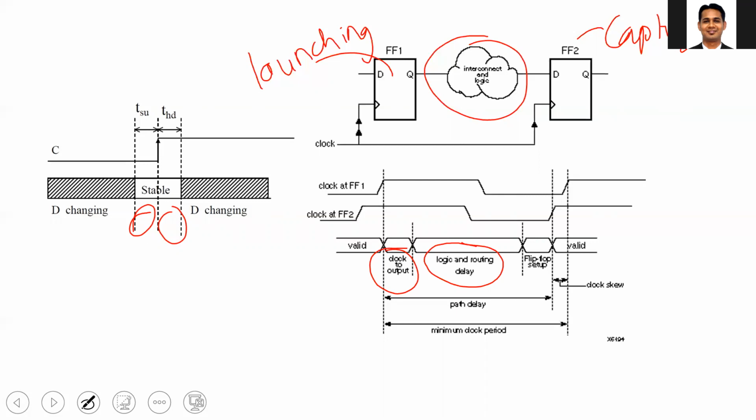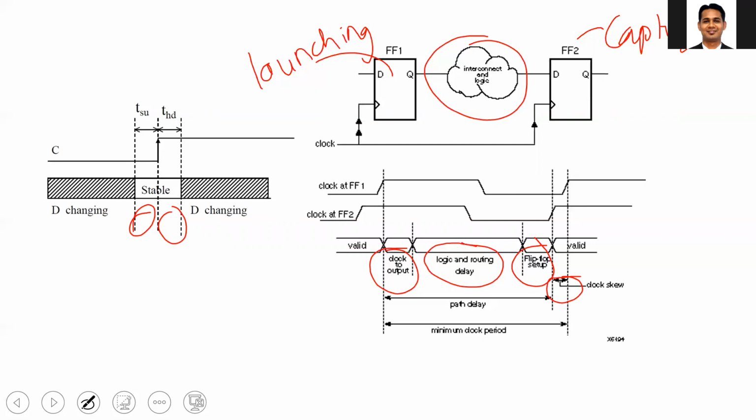before the setup time before the clock edge. In addition, in a practical digital circuit, there is a clock skew. Clock skew means both the flip-flops, though they are connected to the same clock, may not get the active edge at the same time because of the internal path delay. And the worst case scenario is that flip-flop 2 gets the clock edge before flip-flop 1. This means the time available for the overall data movement from the output of flip-flop 1 to the input of flip-flop 2 is further reduced by the corresponding clock skew.